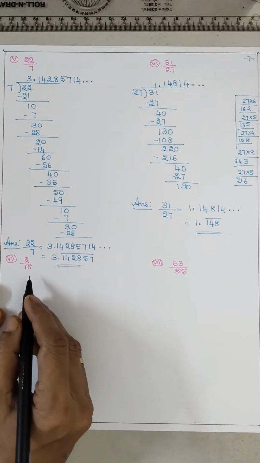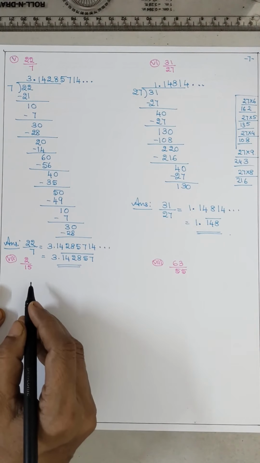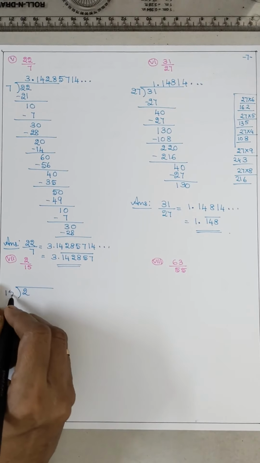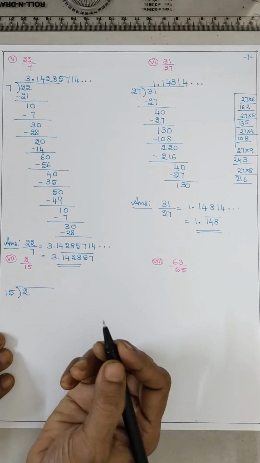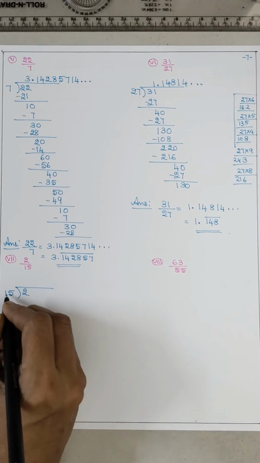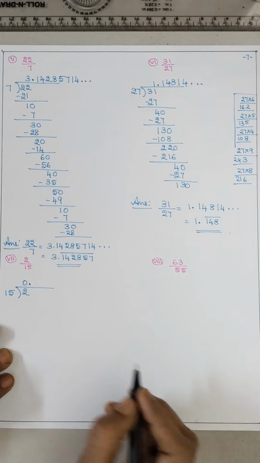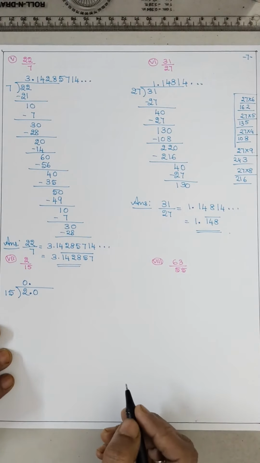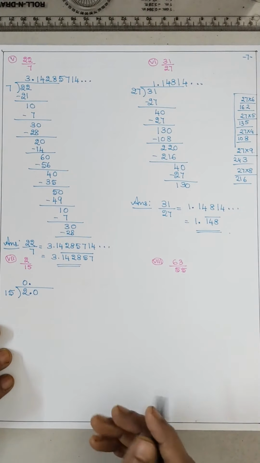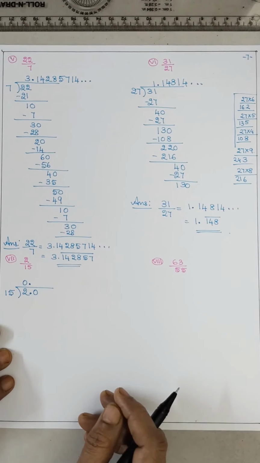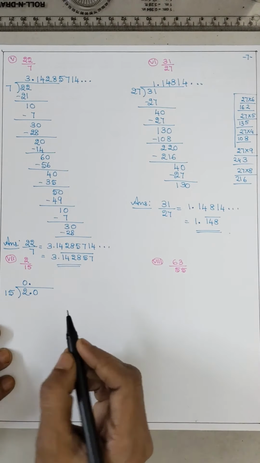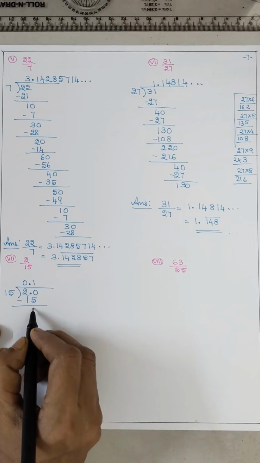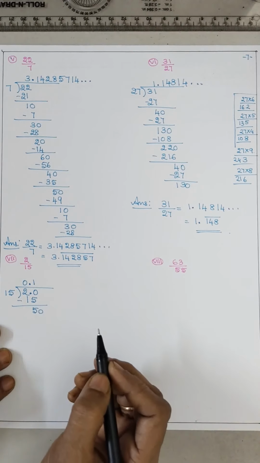Now coming to 2 upon 15. 2 divided by 15. 2, 1 digit. Here it is 2 digit. Immediately 0 decimal. Here put decimal. इधर डायरेक्टली 20 मत लिखो. डेसिमल के बिना डालेंगे तो इट मीन्स 20. It is not correct. 2.0. So 15 ones are 15. Now 5 remains, 0 extra.